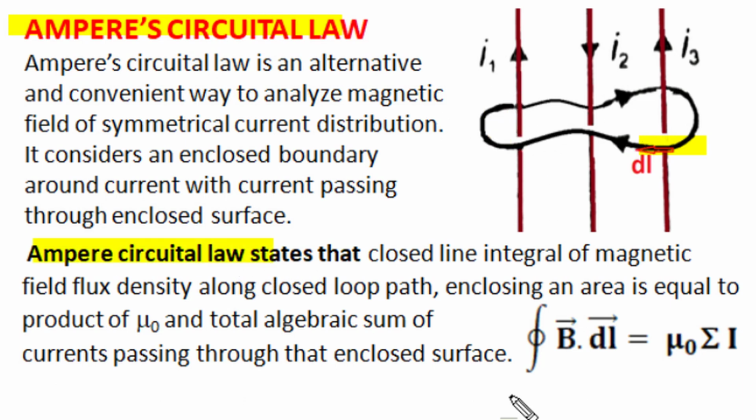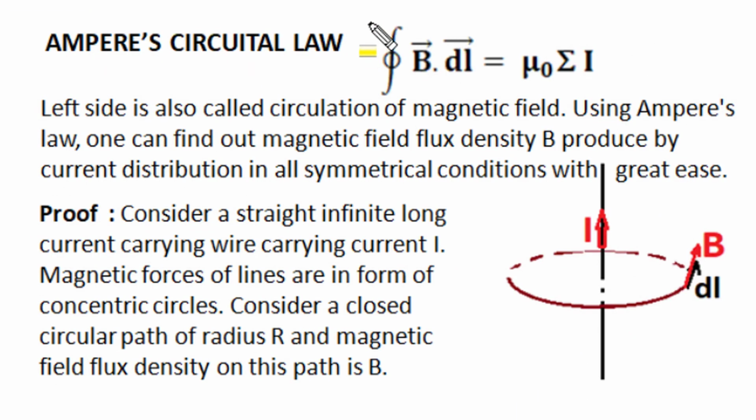Ampere Circuital law states that the closed line integral of magnetic field flux density around this closed boundary loop is equal to mu0 times the summation of current which is passing across this surface area which is enclosed by the boundary loop. This left side of Ampere Circuital law, the closed line integral of magnetic field flux density, is also known as